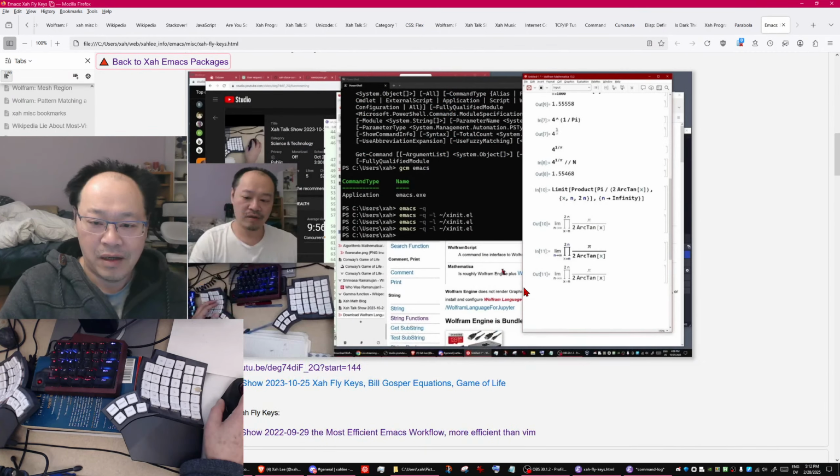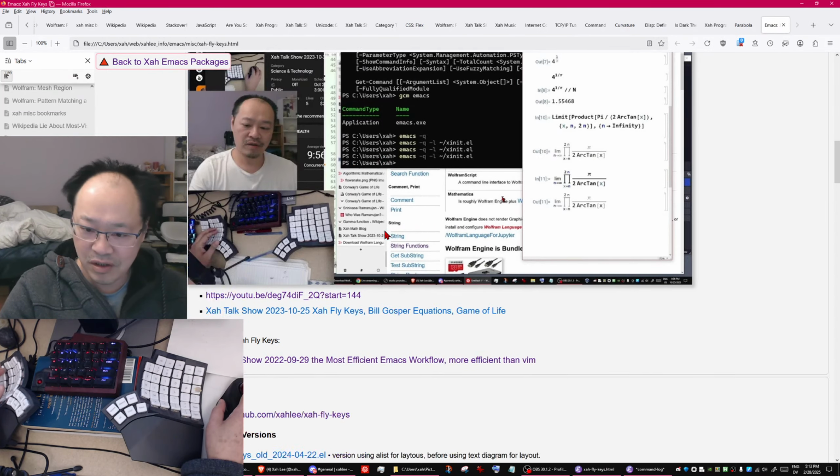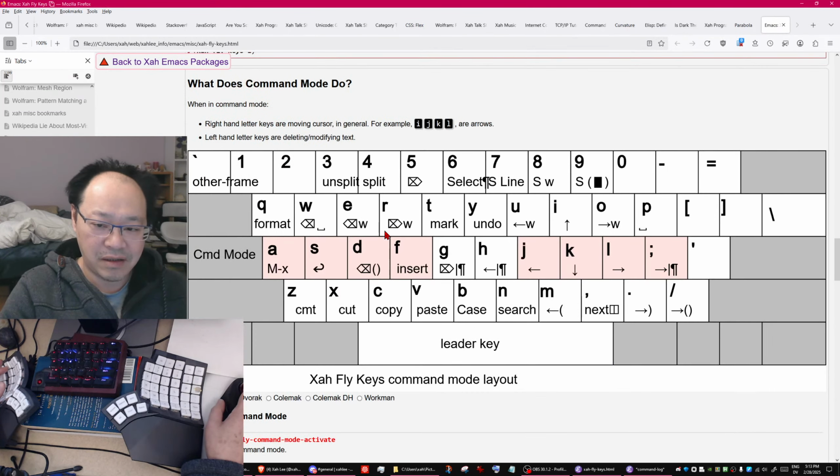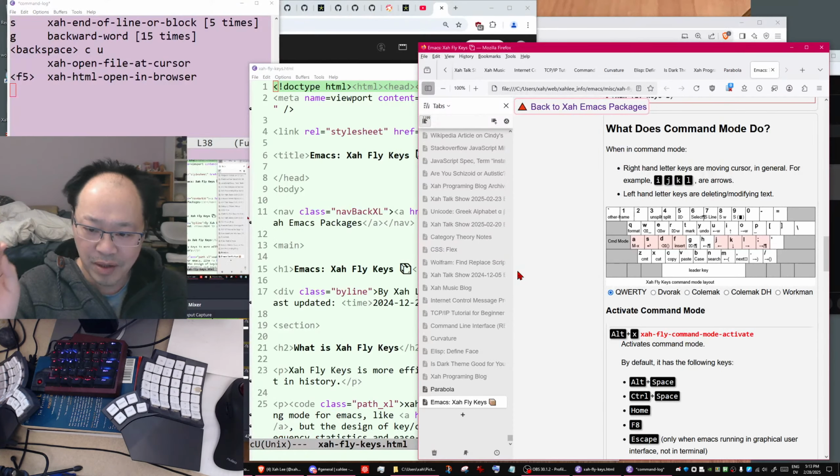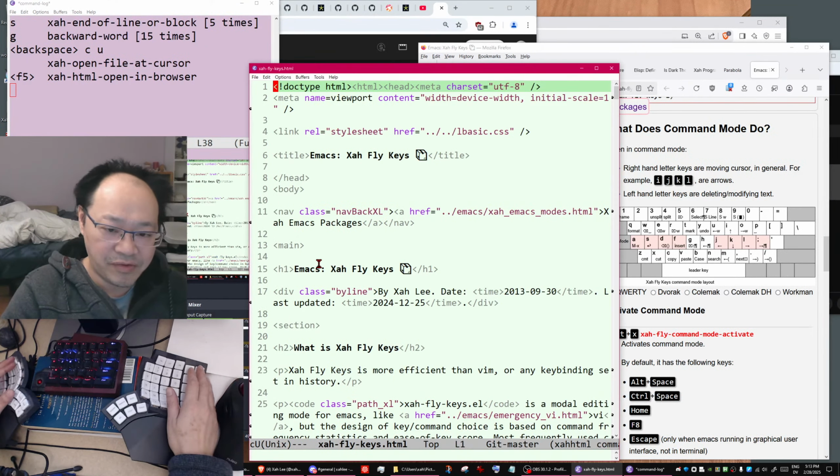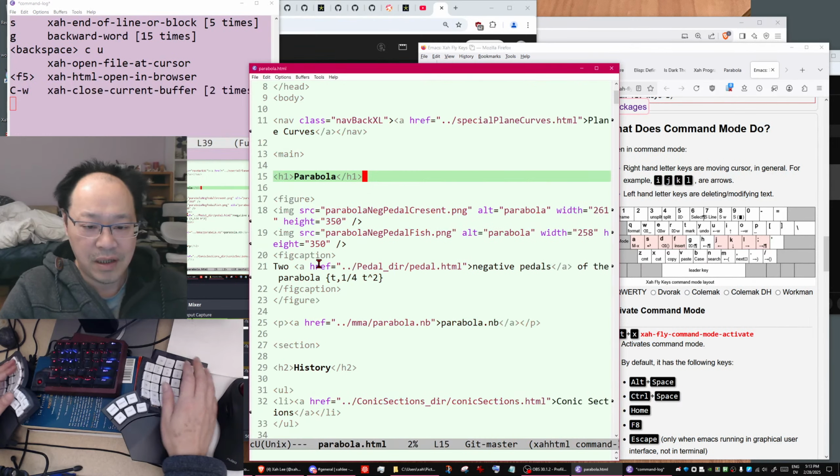Less keystroke than Vim. There's an introduction video, and it's a key binding system for the text editor Emacs, the most powerful text editor for programmers.